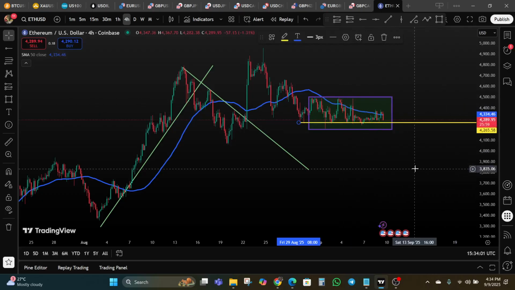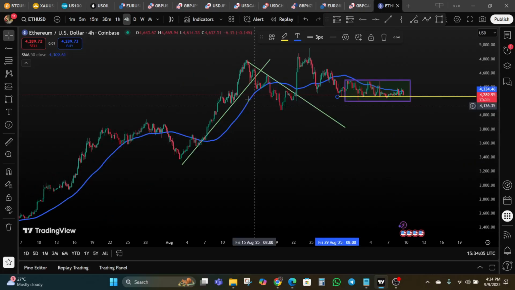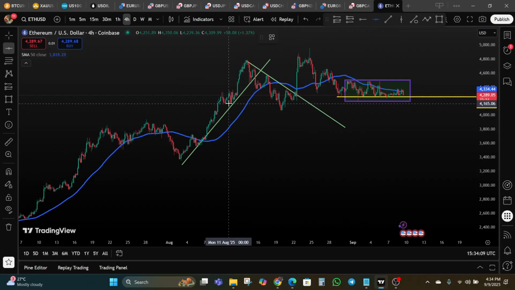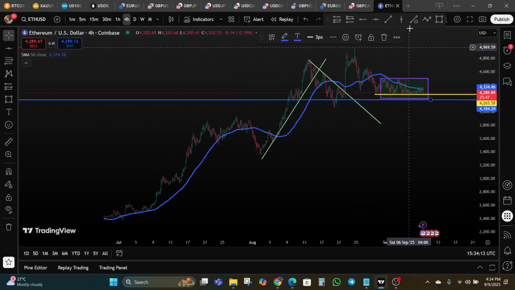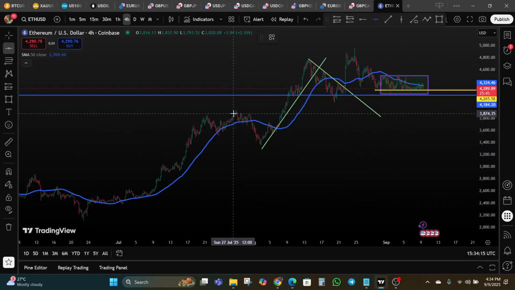Now, focus on areas where price has historically reacted. It's important to take note of such areas where price has historically reacted,